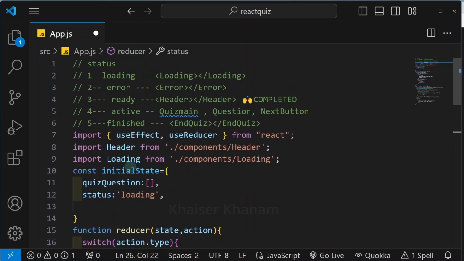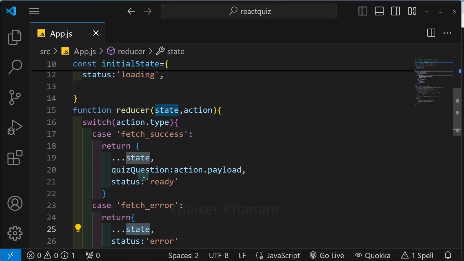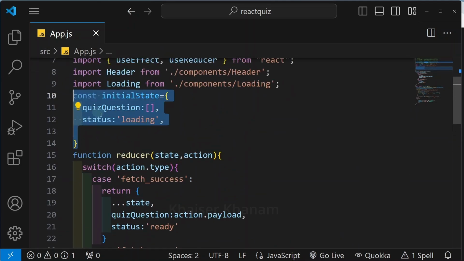So once my status is error, what do we have to do? We have to render our error component. And if our status is loading, we have to render our loading component, which we have completed. Now let us work on this error component. So if I have any error, my status value is updated to error, as well as I have copied my entire object. So once I copy this entire object, initially whatever value I have for this quiz question,